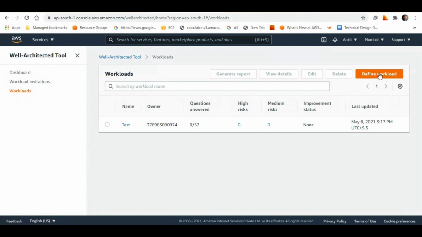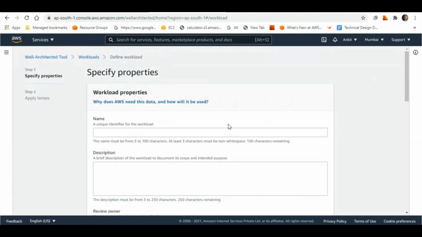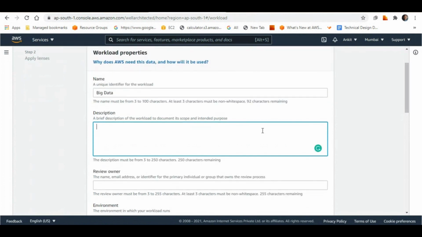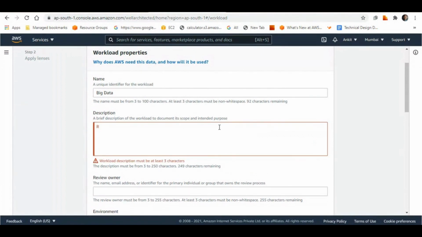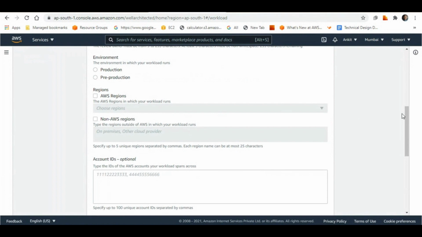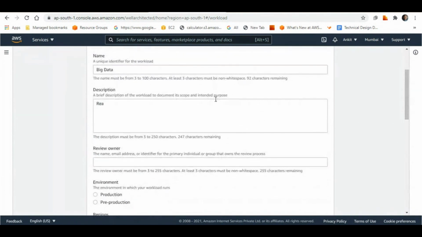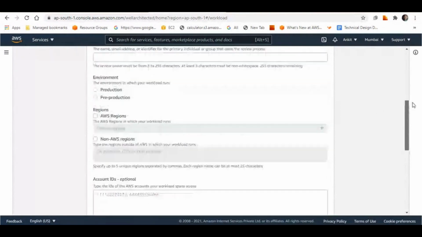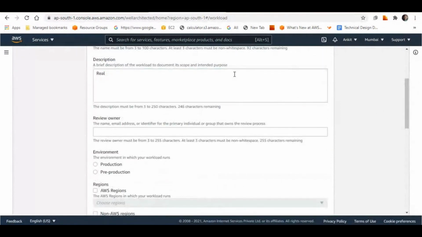What you can do is you can define your workload, right? What kind of workload you have. Let's say I'm running a big data workload. I can define that my workload is a big data workload. You can provide a brief description about your workload. Let's say you are doing real-time analytics on AWS. So you can provide these details here in the description section,